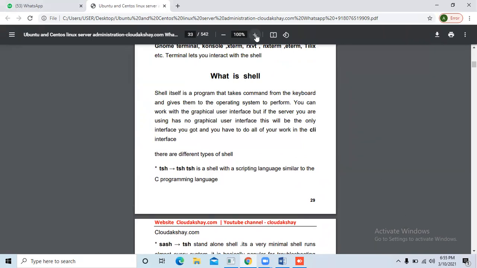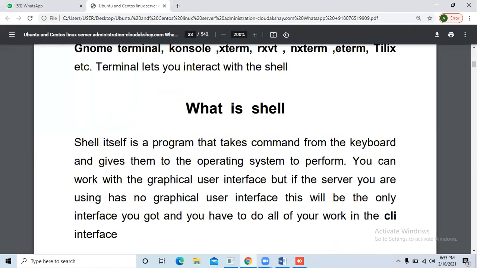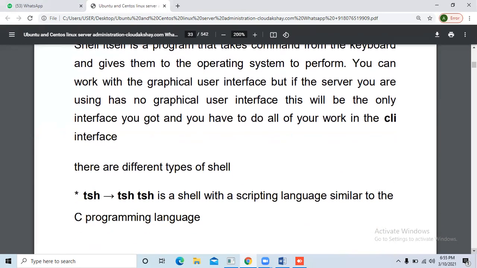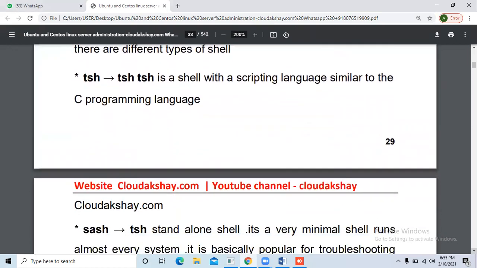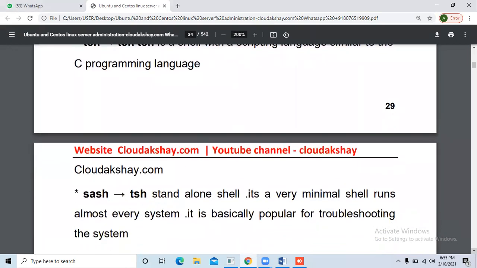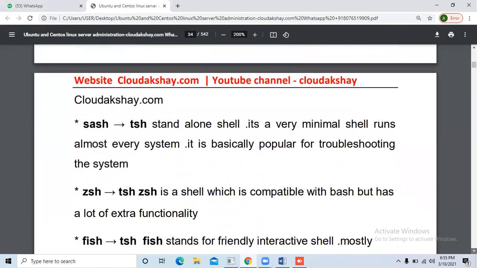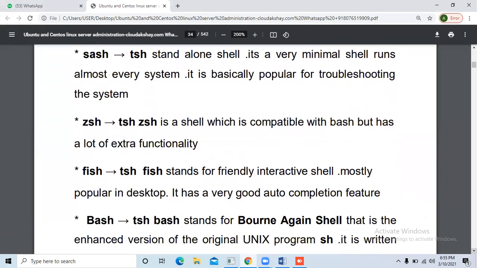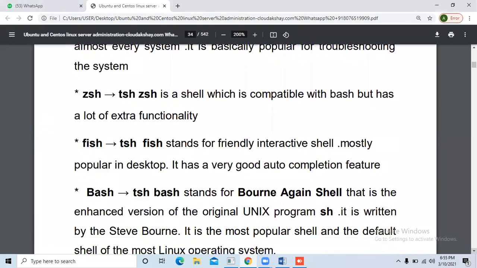Bash is a shell type, and tcsh is also a shell type, sash is also a shell type, zsh is also a shell type, fish is also a shell type, and bash stands for Bourne Again Shell.